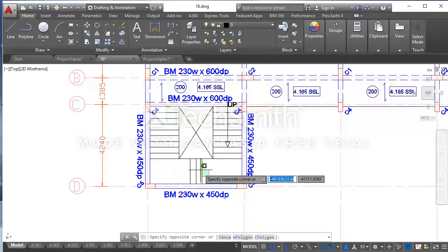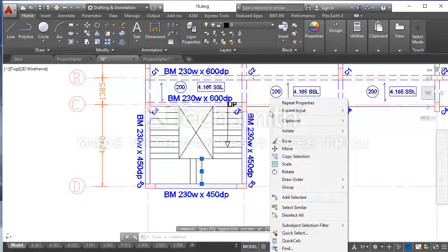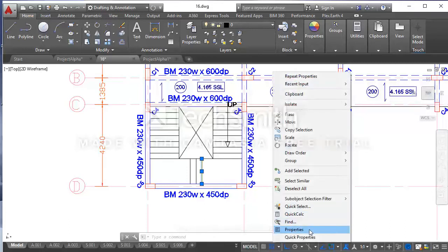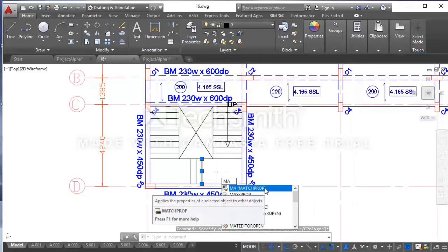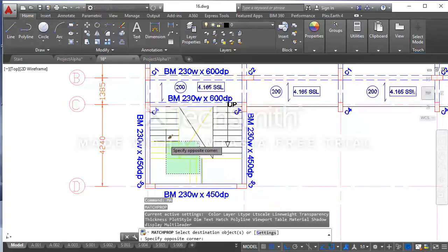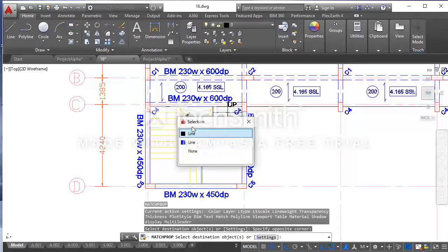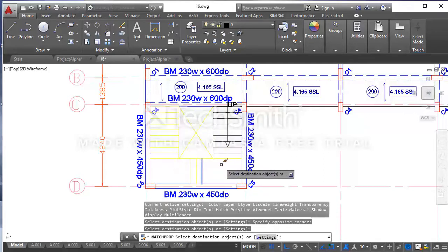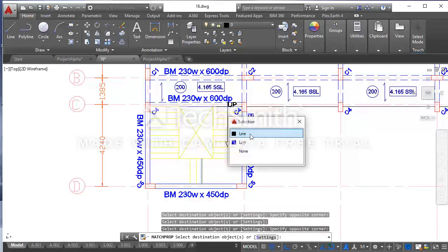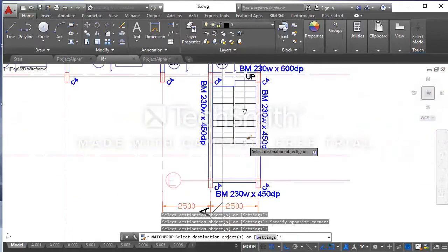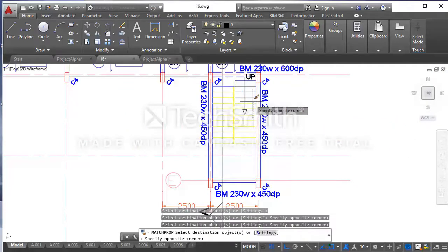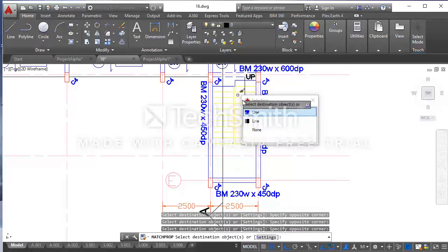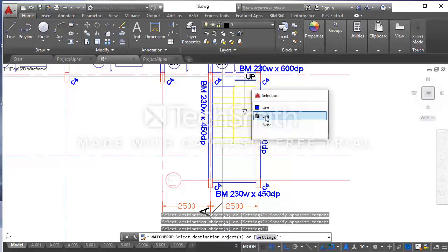So using the match property, I select this line, right click, select this line and type match property using your keyboard. Click on match property, then apply the property to all the staircase components, including this. There's a riser there. You apply. I'll do the same for the staircase components here. Select all my riser lines, my staircase component line, select everything. There's a riser line here. There's also a riser line here.